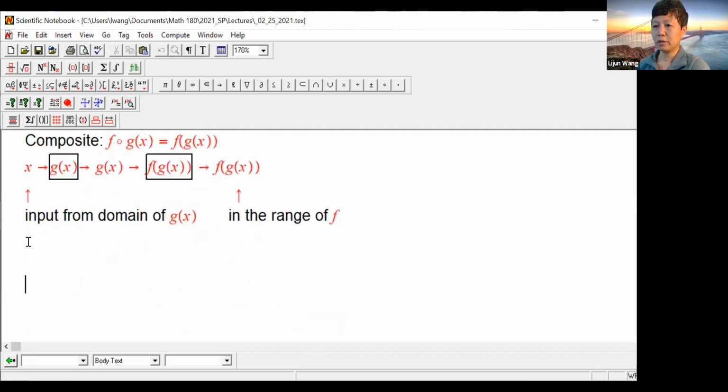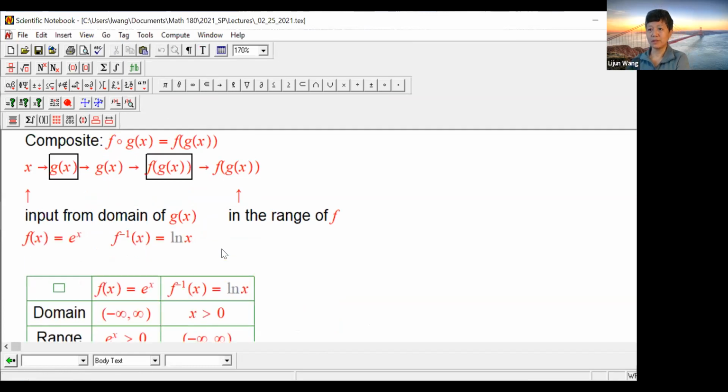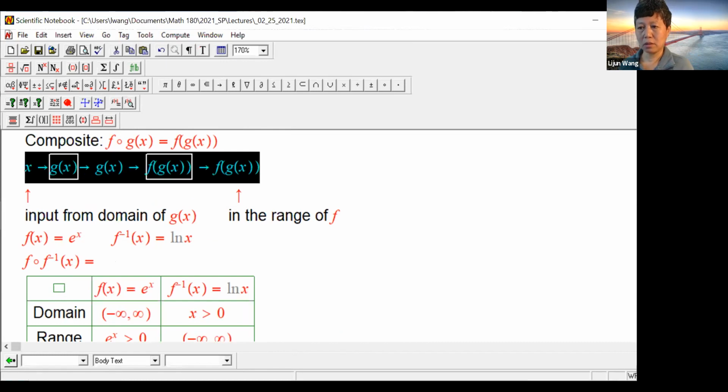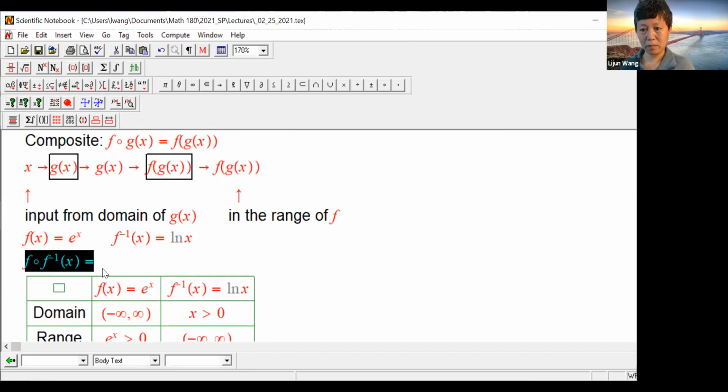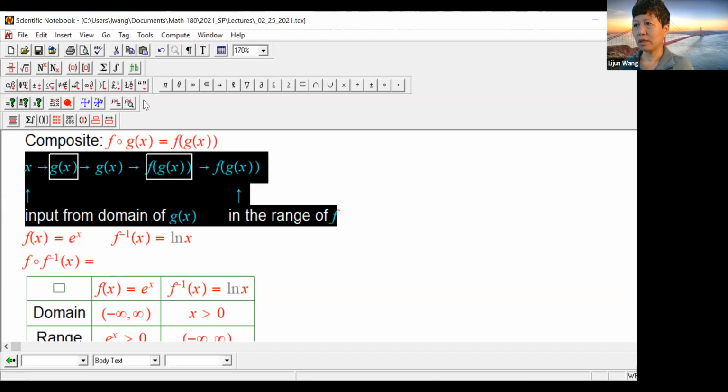So what I'm going to do is F composite G. Understanding this process, we understand this process, don't we? So this process is merely saying, I'm going to take the whole thing together with us,